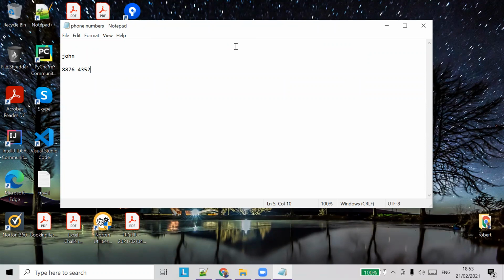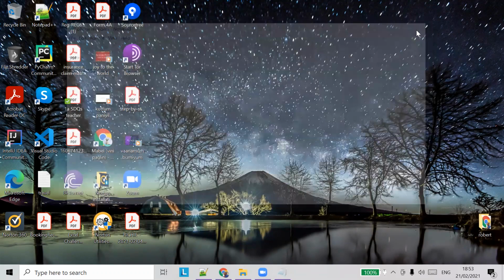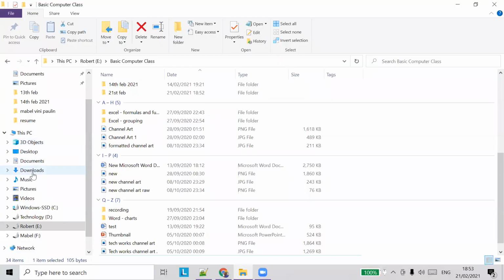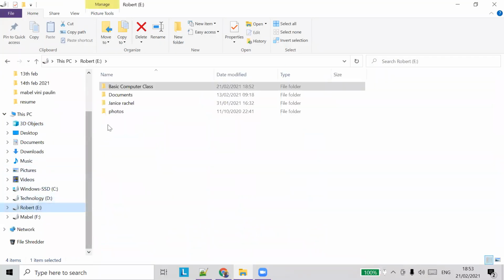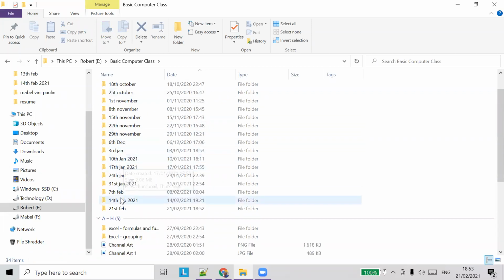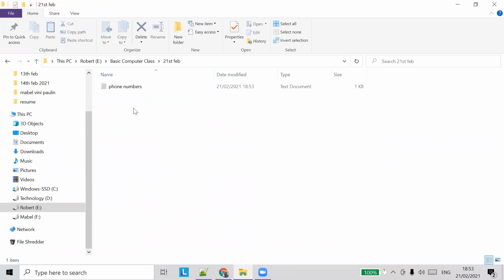If you want to open the file again, let's say I close it, you have to go to the appropriate location. Go to E drive, basic computer class. We saved in today's date, 21st February, so you can see the saved file in this location. You can see the file type, the name, the modified date, and the size of the file here.